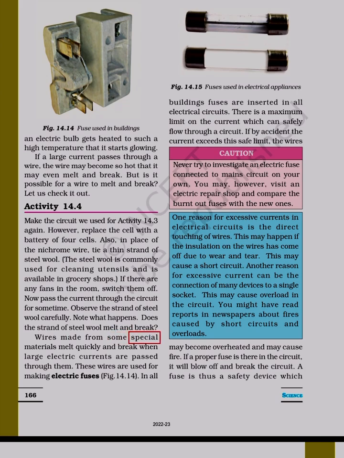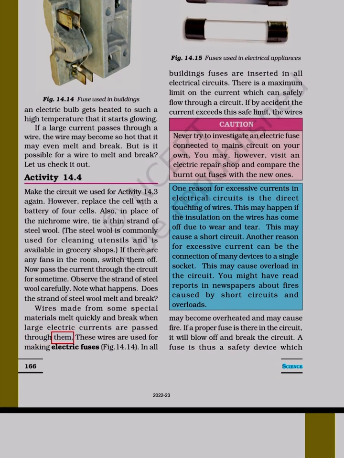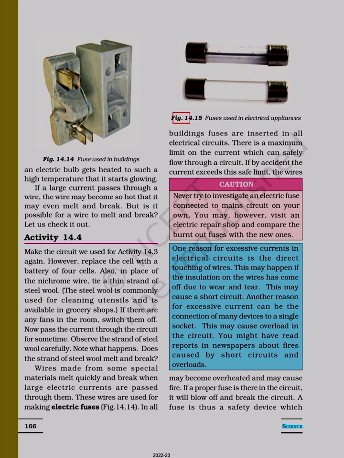Wires made from some special materials melt quickly and break when large electric currents are passed through them. These wires are used for making electric fuses. Figure 14.14 shows fuses used in buildings and Figure 14.15 shows fuses used in electrical appliances. Fuses are inserted in all electrical circuits. There is a maximum limit on the current which can safely flow through a circuit. If by accident the current exceeds this safe limit, the wires